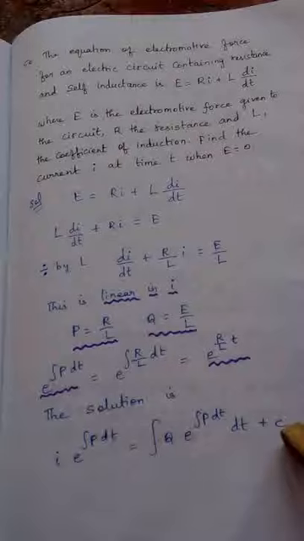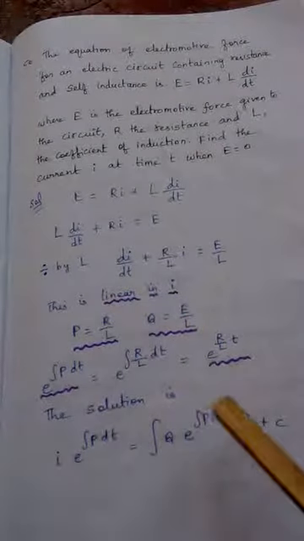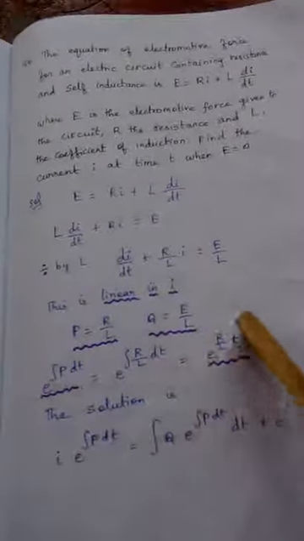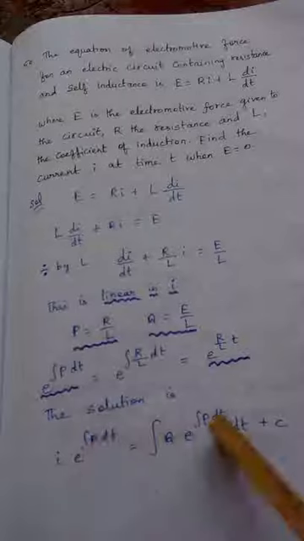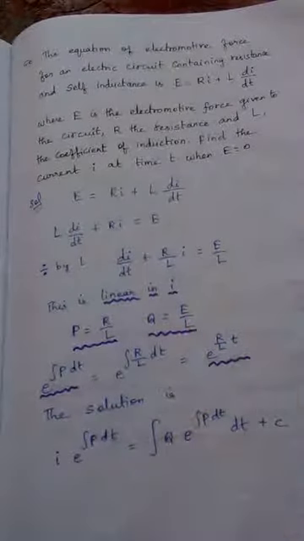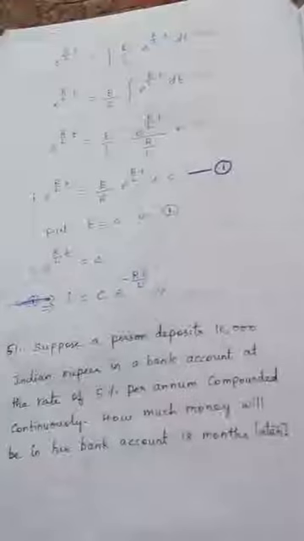Using linear in x and y, we did many problems based on that. Here it is I and t, so since it is I, it starts from I. Other things are all t. So e power integral p dt, the answer is e power r by l t. I can substitute that here and here. What is q? E by l. That can be substituted here. That will be our next line.